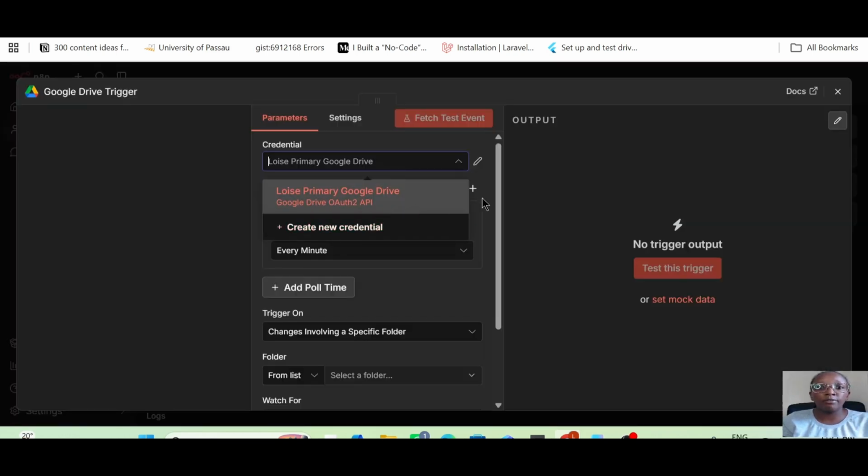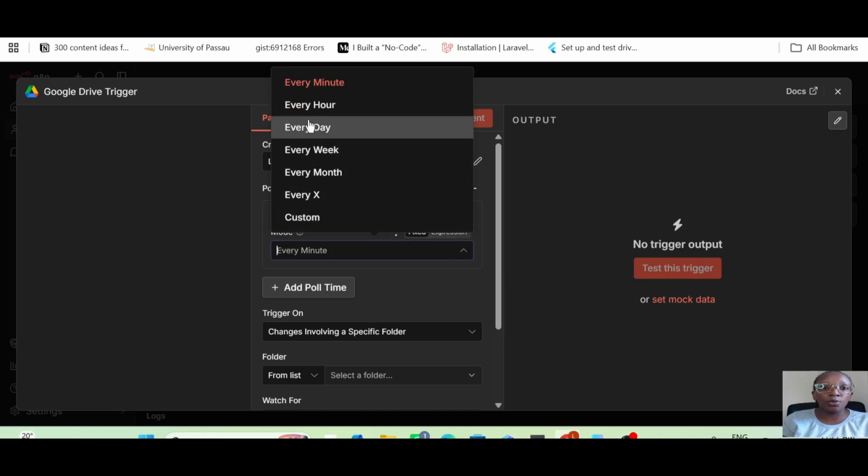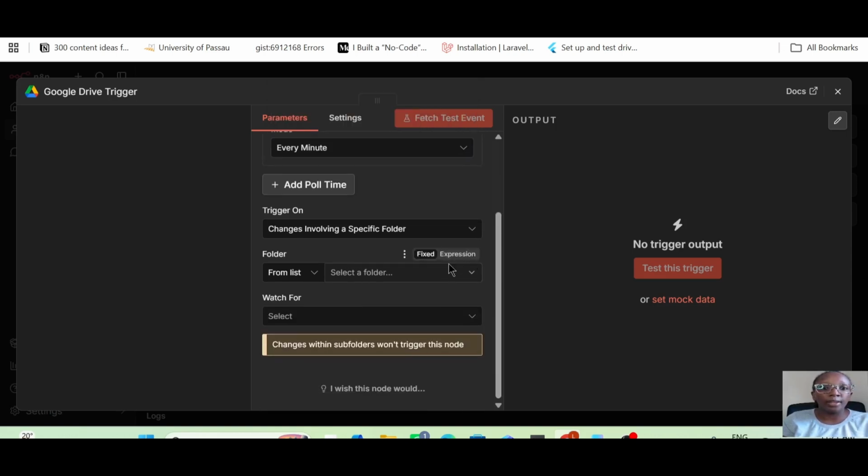So once you have your credential, we need to watch Google Drive. We can watch it every minute for this particular workflow, but when you have this published, you can just set it to every day so that it can look into your Google Drive if you have uploaded new documents. So for this one, you're going to just say watch every minute, and then we've said the trigger is on changes involving a specific folder. So we're going to go to Google Drive